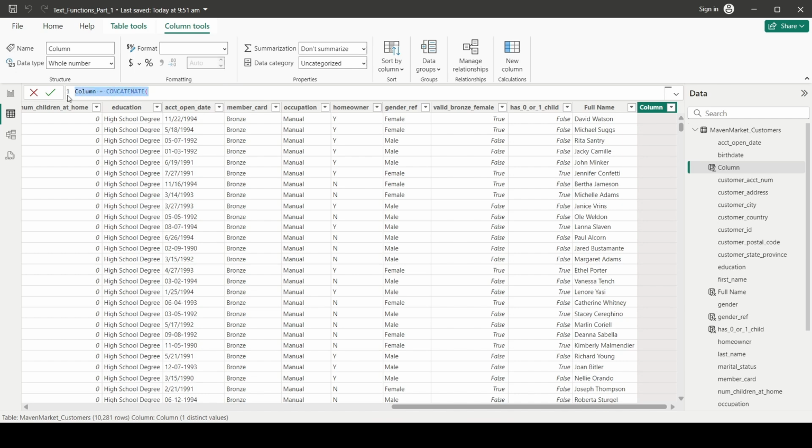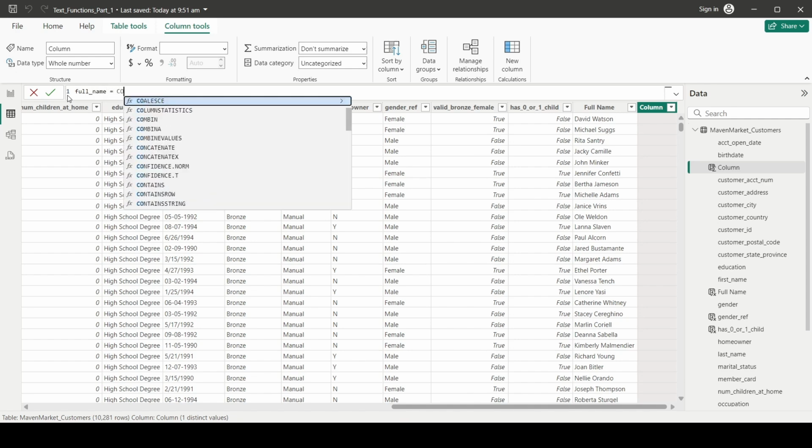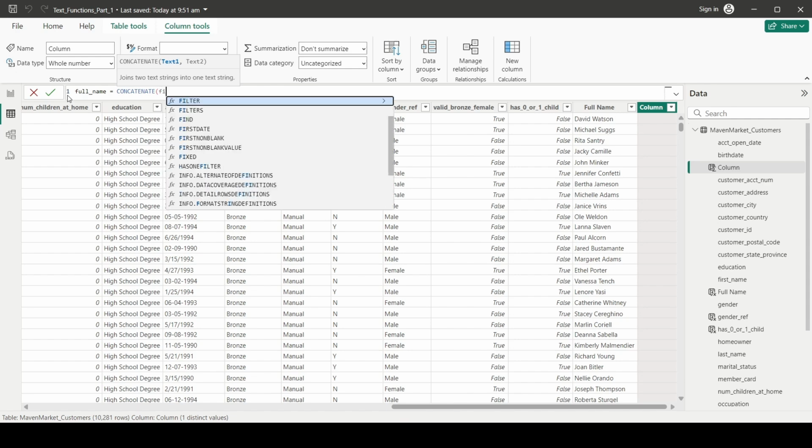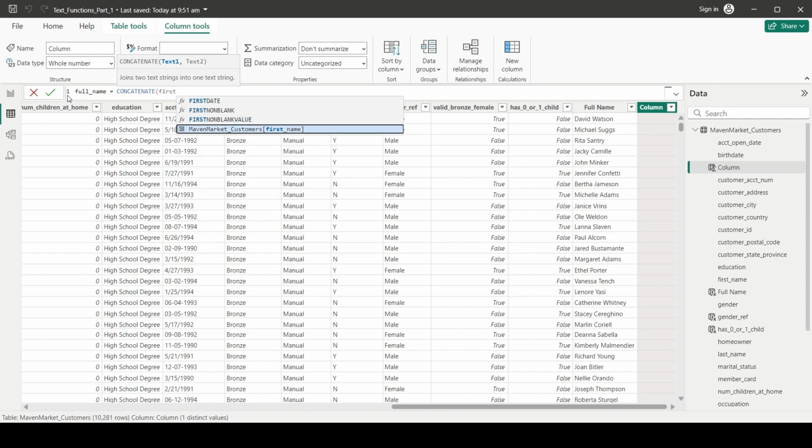Now let's create a new column named full name that combines first name and last name into a full name. In the formula bar, let's start typing full name as the column name. Type concatenate. Hit tab. Start with the first text string, which is Maven Market customer's first name. So type first name. Over here we can see the column. Hit tab. Then we want to add a space between first and last names. In Power BI, we can do it by clicking on ampersand symbol, hit space, use quotation marks, the space in between,